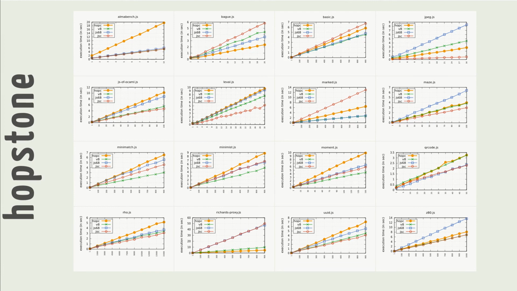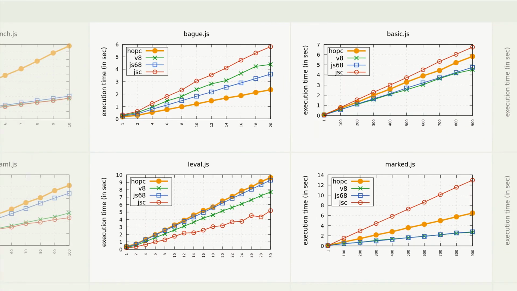The first observation is that which system performs best varies from one test to the other. The second observation is that apart from a bench that we have already mentioned, hop.js is competitive. For most tests it delivers performance comparable to those of industrial JIT compilers. Let us zoom in on some results. BAG and BASIC show that hop.js handles efficiently integer arithmetic and simple array accesses.